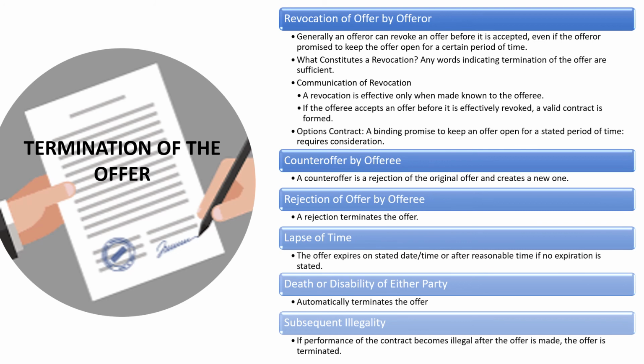The revocation, i.e. the taking back of the offer, is effective once the offeree knows about it. So until the offeree knows that you have revoked the offer, they still have a valid offer pending that they could accept. So the offeror who wants to terminate an offer has to communicate that to the offeree so that they know that there's no longer an offer pending. So the revocation of the offer is not valid until the offeree knows about it.